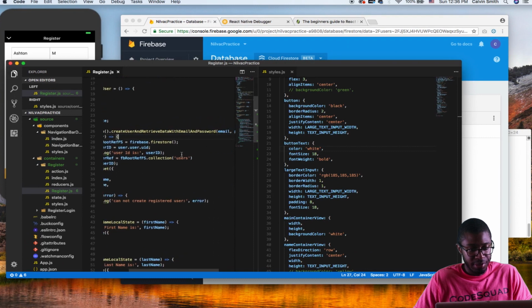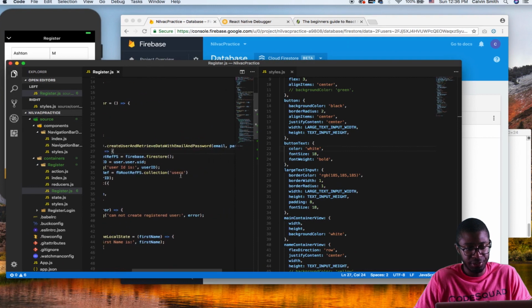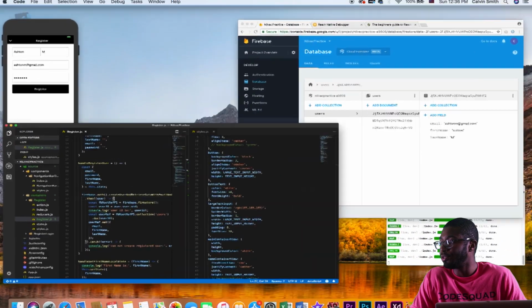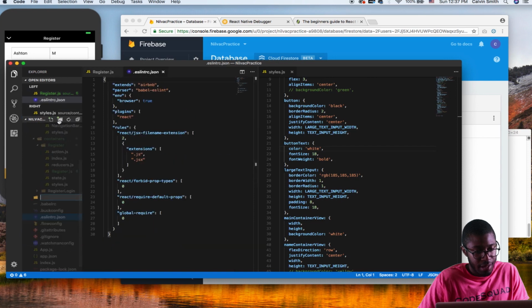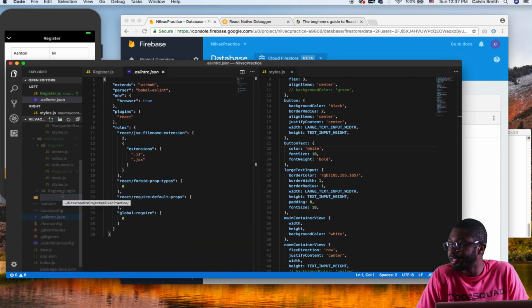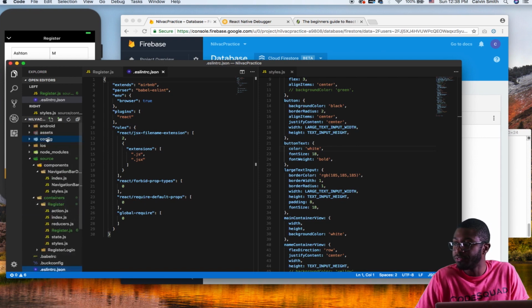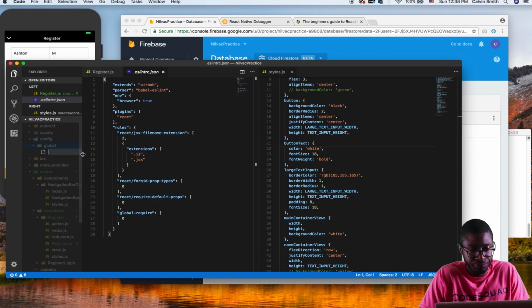And one last thing before we wrap this video up. Instead of using strings, I don't really like to use strings because things can change over time. So what we're going to do is add a new folder, and let's say config for configuration. And then inside this folder, we want to add a folder that I'm just going to call global. And then inside here, we want to have a new file, Firestore references